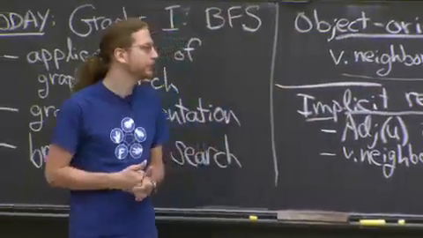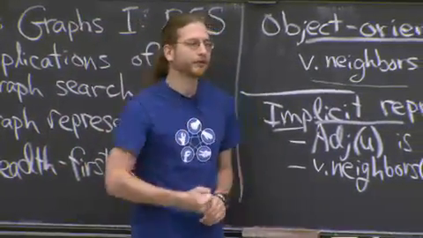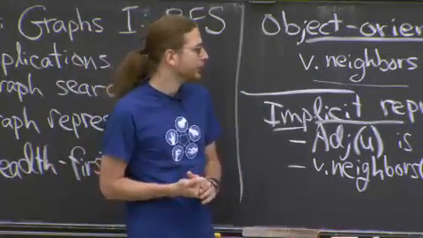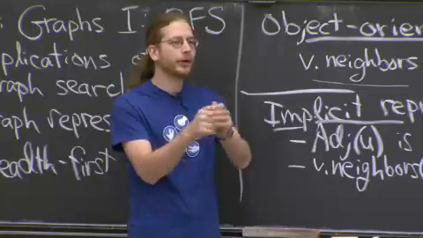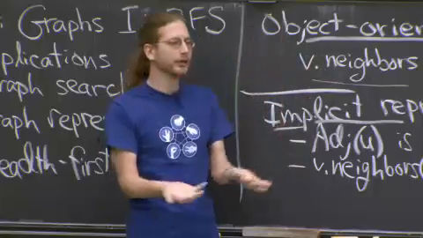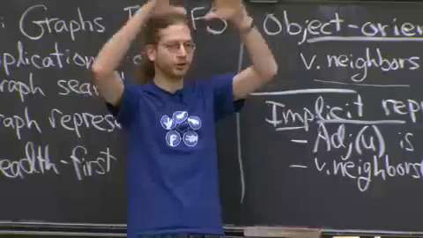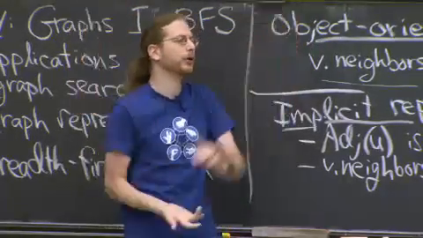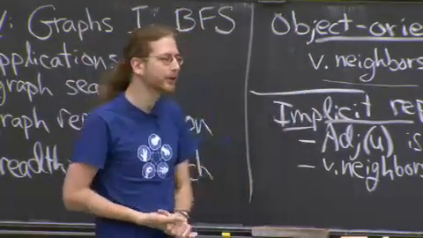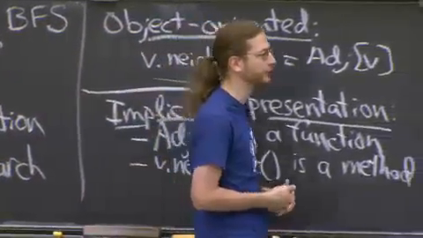Depends. Maybe you don't even need to explicitly represent all the vertices. You start with some vertex, and given a vertex, somehow you know how to compute, let's say in constant time or linear time or something, the neighbors of that vertex. And then from there, you can keep searching, keep computing neighbors until you find what you want. Maybe you don't have to build the whole graph. You just need to build enough of it till you find your answer, whatever answer you're searching for.